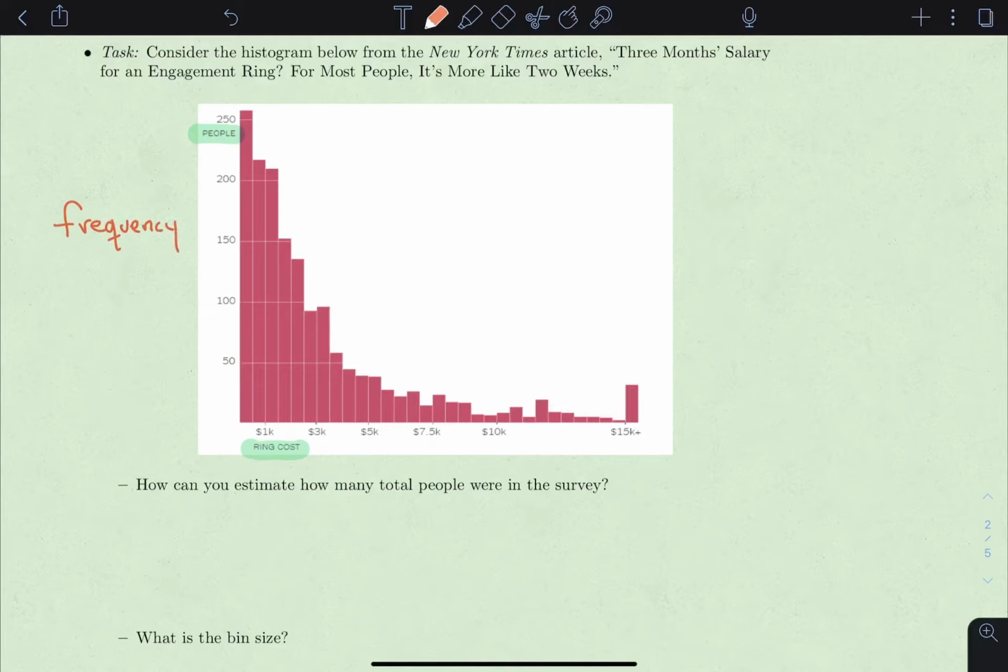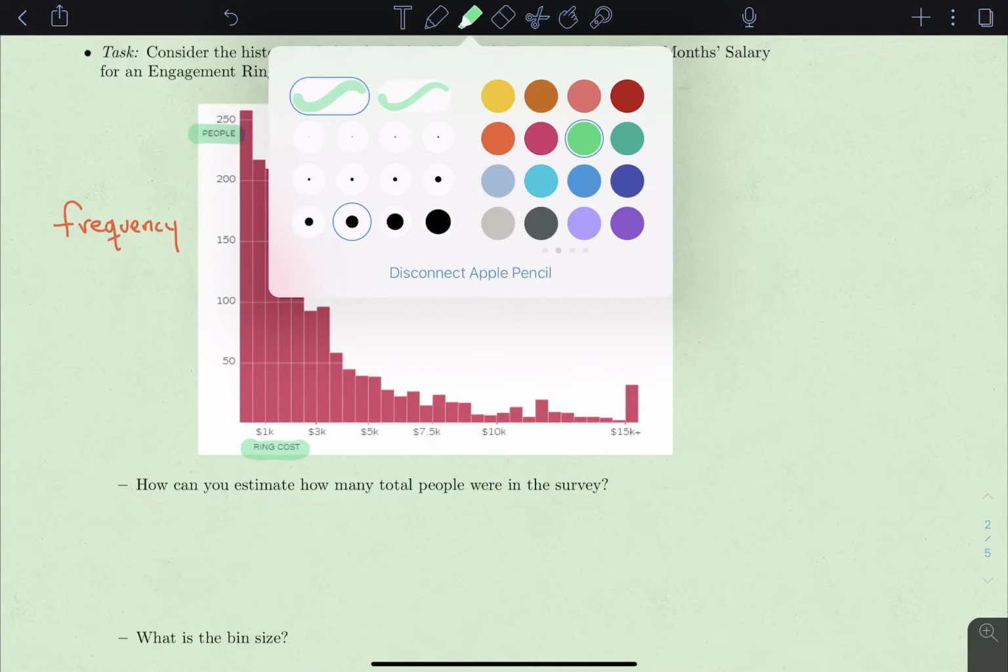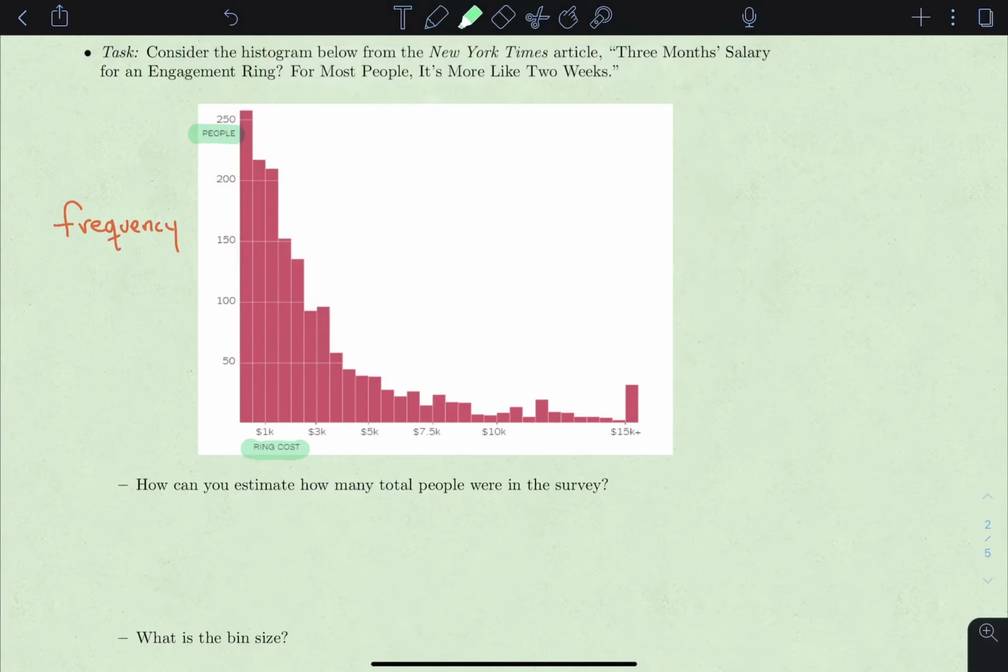vertical. What I like to do when I have a histogram is to make sure I understand what one individual bar is communicating. So I pick a bar that seems to be just a good bar to kind of get a feel for what's going on. This one seems like a pretty good one. And say, this bar says that about 150 people, because that's how tall the bar is, bought a ring